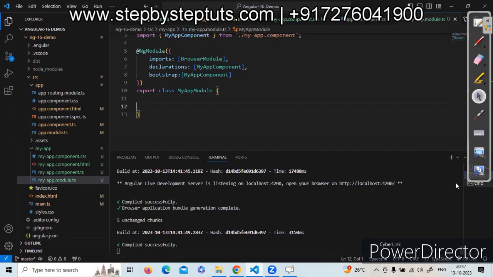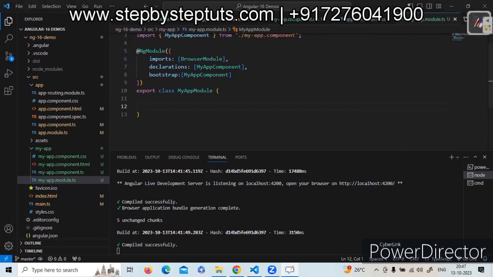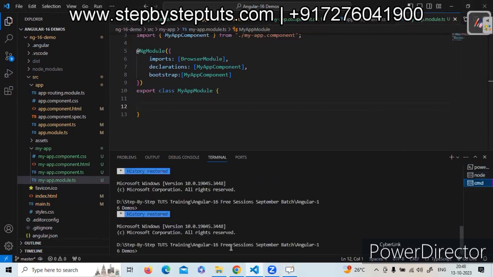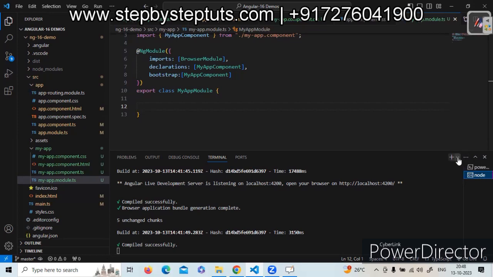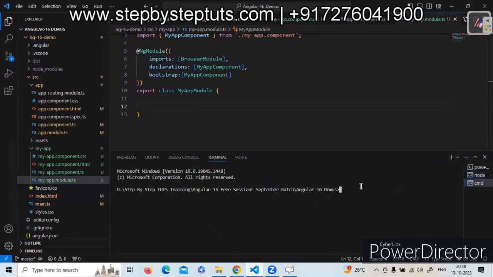Over here, cd ng 16 demo, and here the command is ng